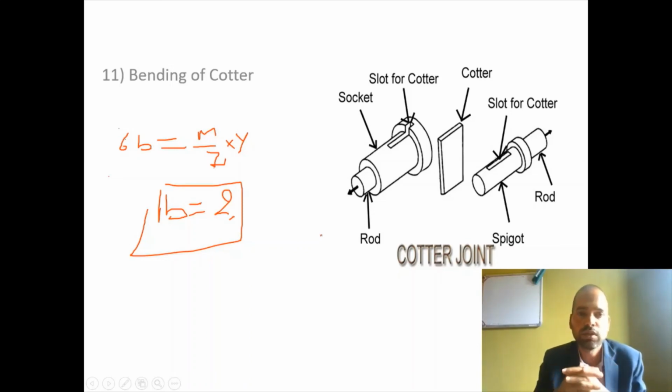Hence, there is no need to design the component for those failure modes, as the chances of failure of the component are only due to these 11 modes. If you make the component safe for these 11 modes of failure, there is no chance of failure of the joint by other modes, as the chances of failure are very less. Hence, we have to remember these 11 design steps of failure modes of quarter joint, and we can find out the different dimensions available for this quarter joint. So, this is about design of quarter joint.